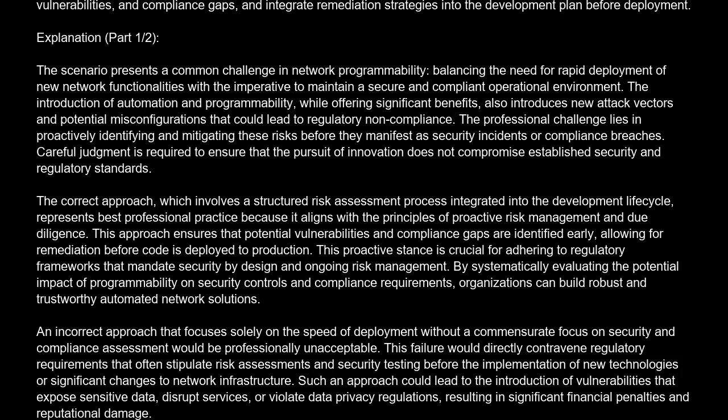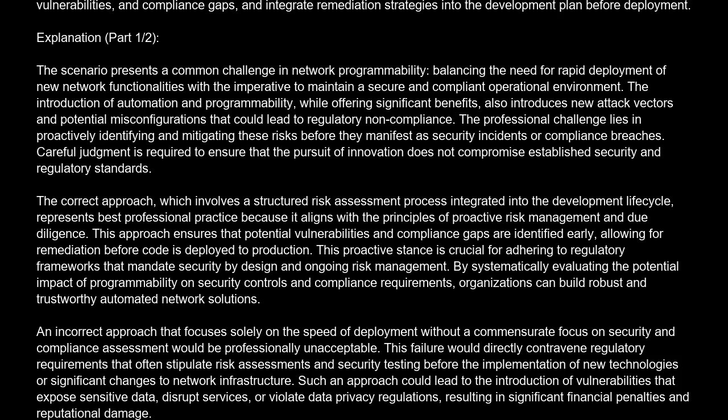Explanation. The scenario presents a common challenge in network programmability, balancing the need for rapid deployment of new network functionalities with the imperative to maintain a secure and compliant operational environment. The introduction of automation and programmability, while offering significant benefits, also introduces new attack vectors and potential misconfigurations that could lead to regulatory noncompliance. The professional challenge lies in proactively identifying and mitigating these risks before they manifest as security incidents or compliance breaches. Careful judgment is required to ensure that the pursuit of innovation does not compromise established security